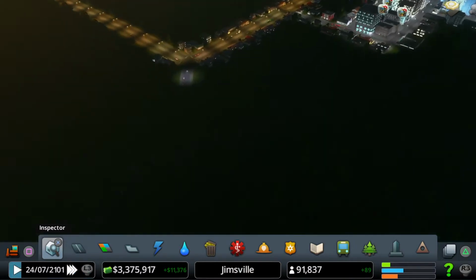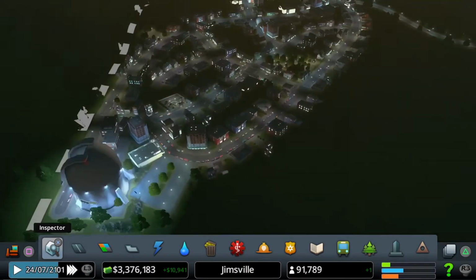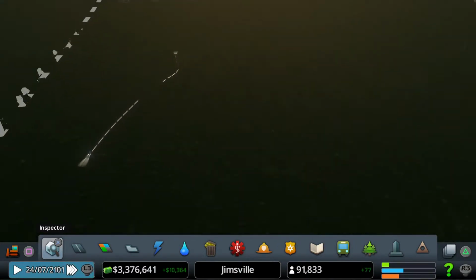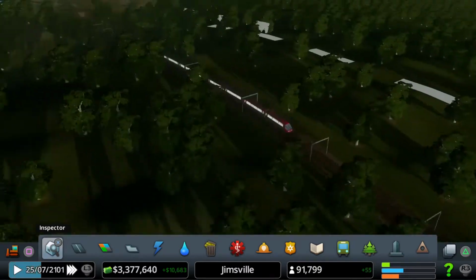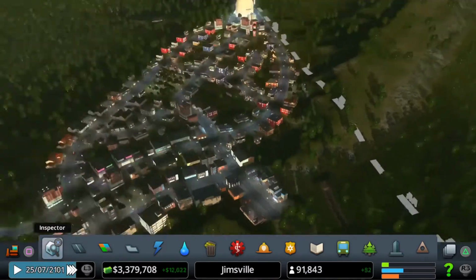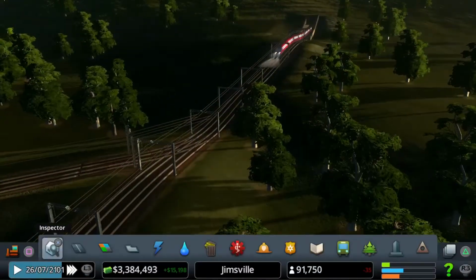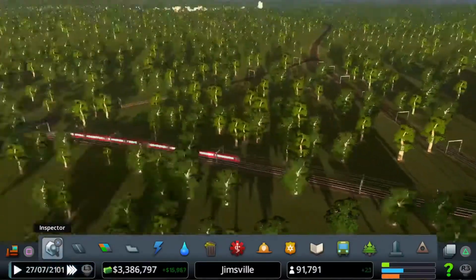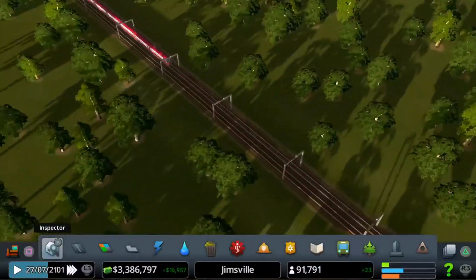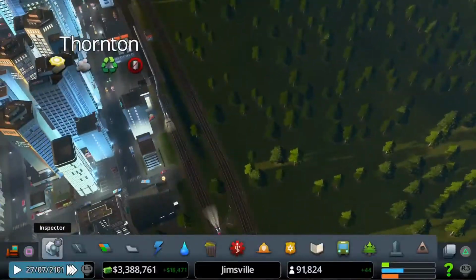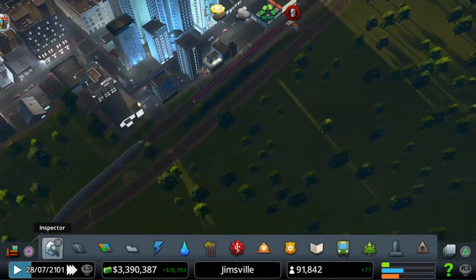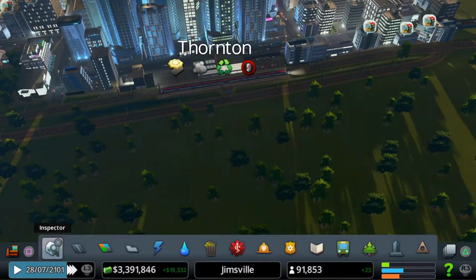I do get the feeling we're missing a line somewhere. It's hard to see the colours in the day. That's a red train going out of service, or is it an airport train? I think it's an airport train. Yeah, that's the Thornton Airport connection.